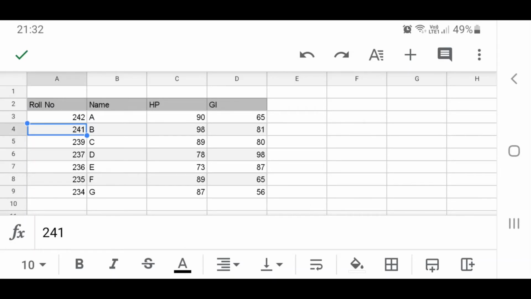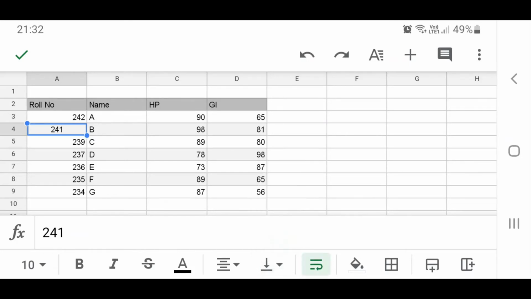Okay, so the next thing that we can do is formatting of the text or content that we have typed in. For that, you have different options. You can see at the bottom of your screen there are different formatting options. The first one indicates the size, and the rest are used to format your text: bold, italics, strike, font color, or alignment inside the cell. If I give the alignment as center align, your content will come to the center. Then this is vertical alignment. You want the content on the top, bottom, or the center of your cell.